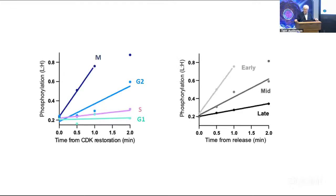We could also use this methodology to do in vivo protein kinase assays. Normally, what we would do with a protein kinase, to assess what its activity was in a cell, is break the cells open, set up an in vitro assay with the kinase in it, add ATP and a substrate, and look at the rate of phosphorylation of the substrate. Agree? We can actually do that in vivo, because